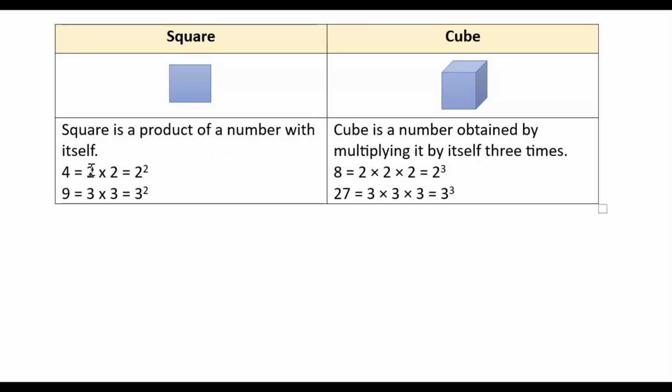So here, when 2 is multiplied with 2, we get 4. So 4 is a square of 2. Similarly, if 3 is multiplied with 3, we get 9. So 9 is a square of 3. And the way we write it is 2 square and 3 square. Similarly, for the cube, if the same number is multiplied 3 times, so here 2 into 2 into 2, which is 2 cube, becomes 8. Similarly, 3 into 3 into 3, 3 cube becomes 27. So square is a number where the same number is multiplied twice, and cube is a number where the same number is multiplied